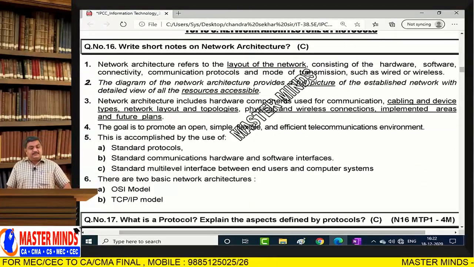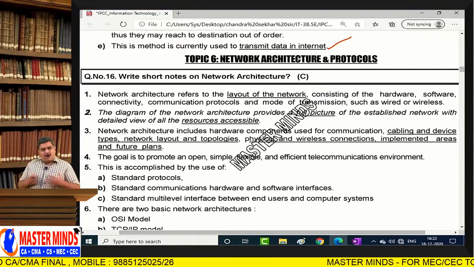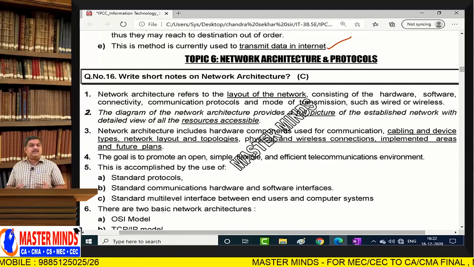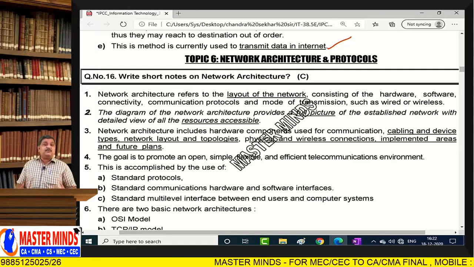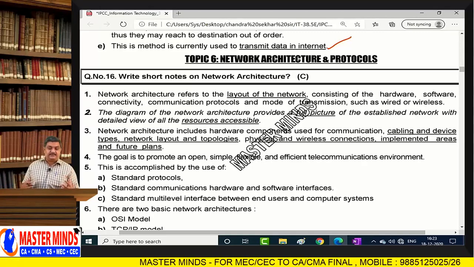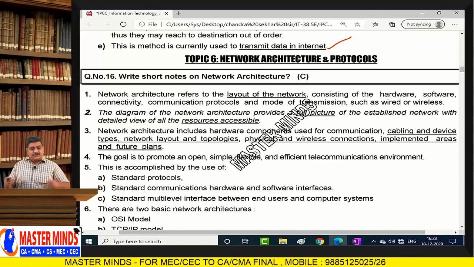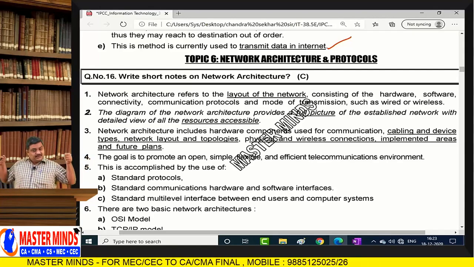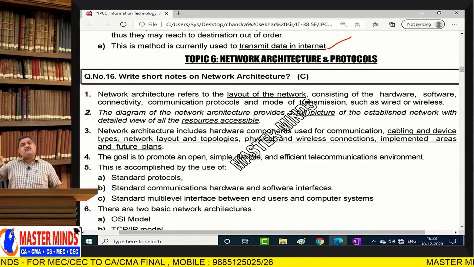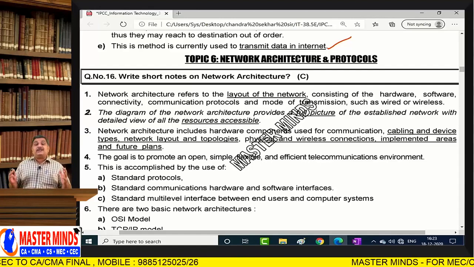Now let us move towards a very important topic, network architecture and protocols. That means how actually data transfers from one computer to another computer. How a network is built. What happens between 2 computers when data is transmitted? That is called network architecture. That means, see, we have to make some arrangements, no? In the market, if you just go and buy some network cable, and just attach that network cable to the 2 computers, do you think that data is easily transmitted from one computer to another computer? No, absolutely no.